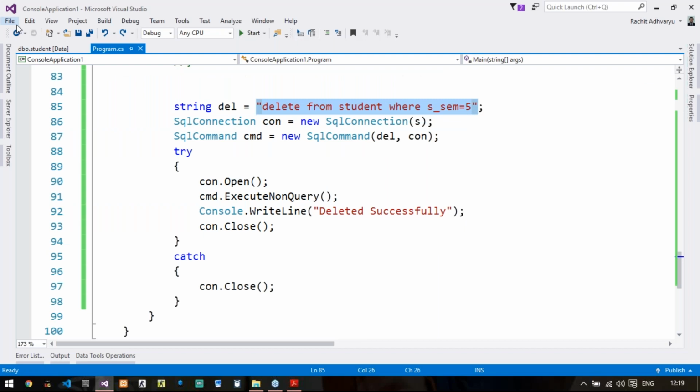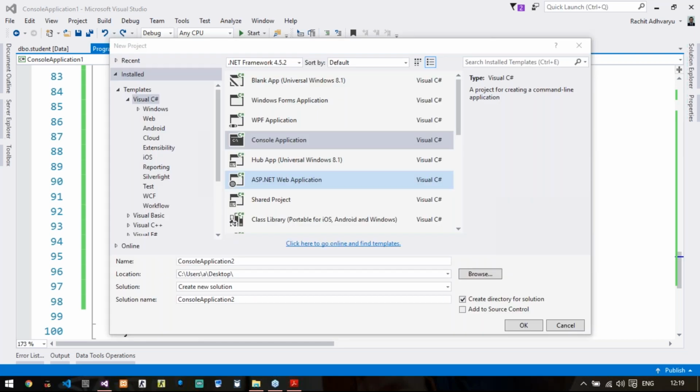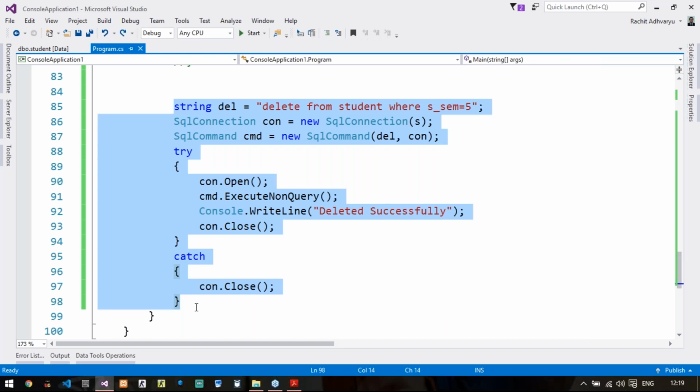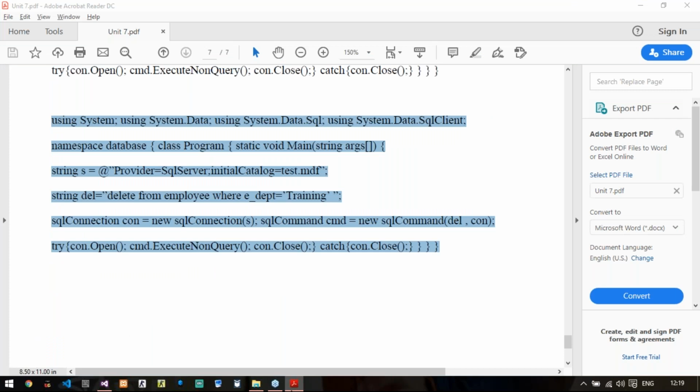Yeah, before that, do you require this file in your e-content? Because I don't think it is required because already PDF is shared with you. Do you require this file in your e-content? According to me, it is not required because already PDF is there. Fine. Okay, so it's not required.